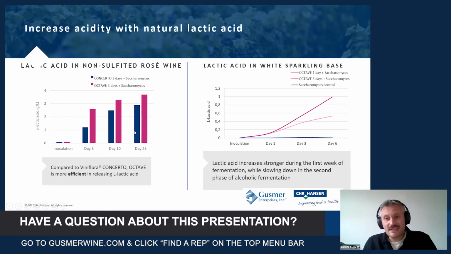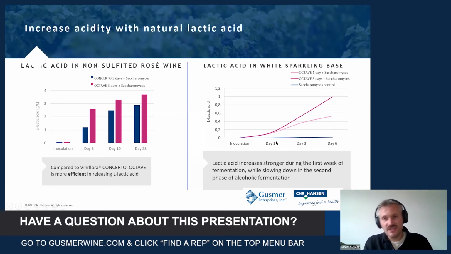And this is because it's still a non-Saccharomyces. They still have a maximal amount of ethanol that they can withstand. And when that is surpassed by applying Saccharomyces, for example, then they also will go down in vitality. So that's why lactic acid is normally produced at the very beginning of fermentation.